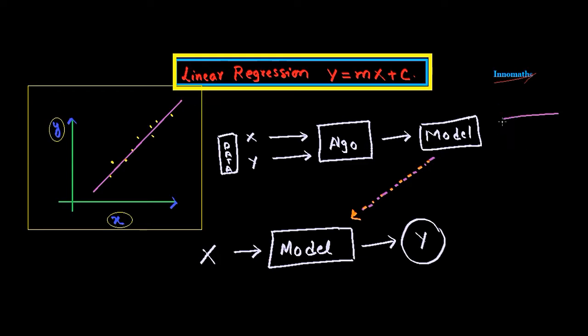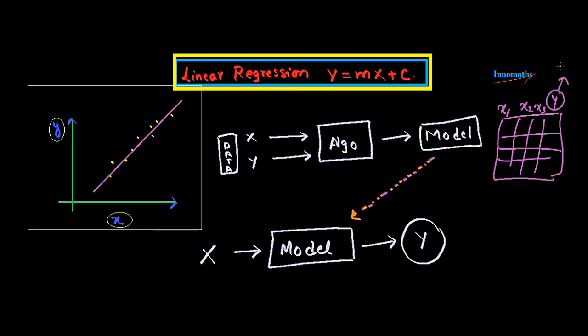So if we have a data set in the form of a table, then we have some attributes x1, x2 and x3. There can be other attributes also like x4, x5. There can be n number of attributes. Okay, and then we have our target variable, that is y, or our output variable, that is y. So this output variable or target variable is known as the dependent variable. Okay, and these attributes are known as independent variables.